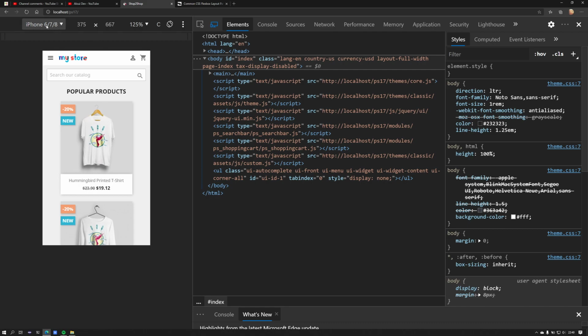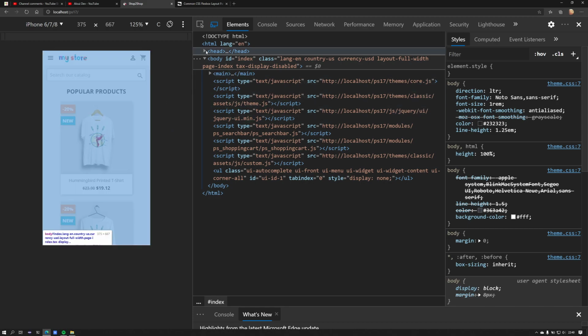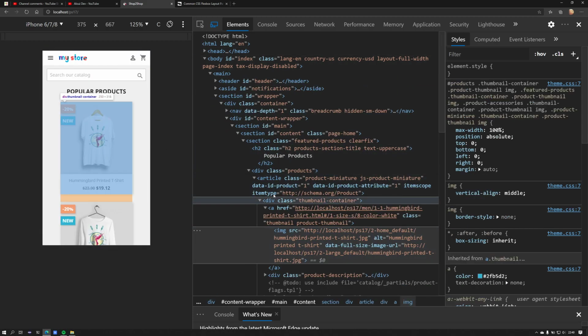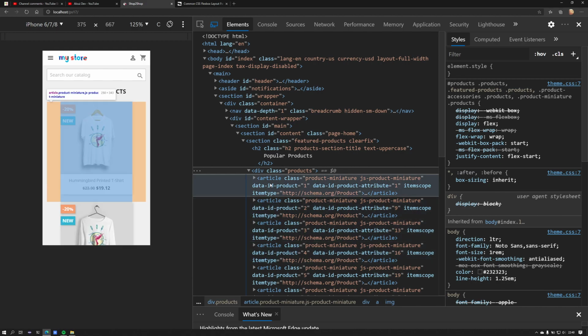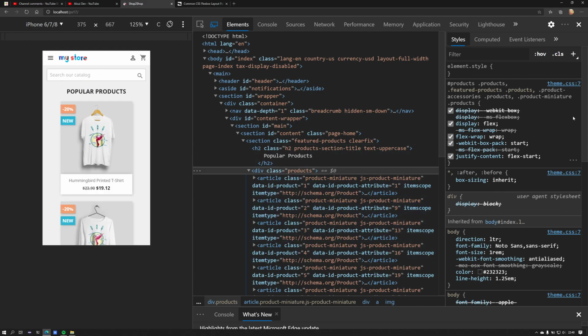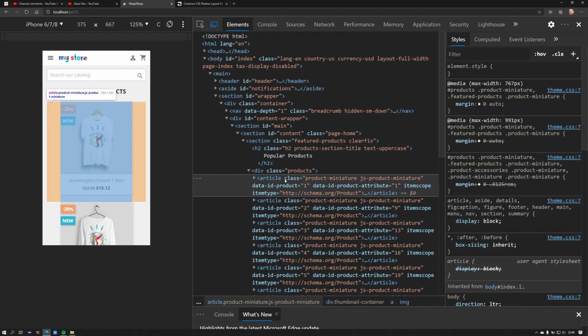Because at a certain screen size, having two miniatures won't be really user friendly. But anyway, let me just show you how to do such things. First of all, you have to understand how this template is built. By looking into this building block, the products and how many articles it contains, we see that this product has the display flex property,